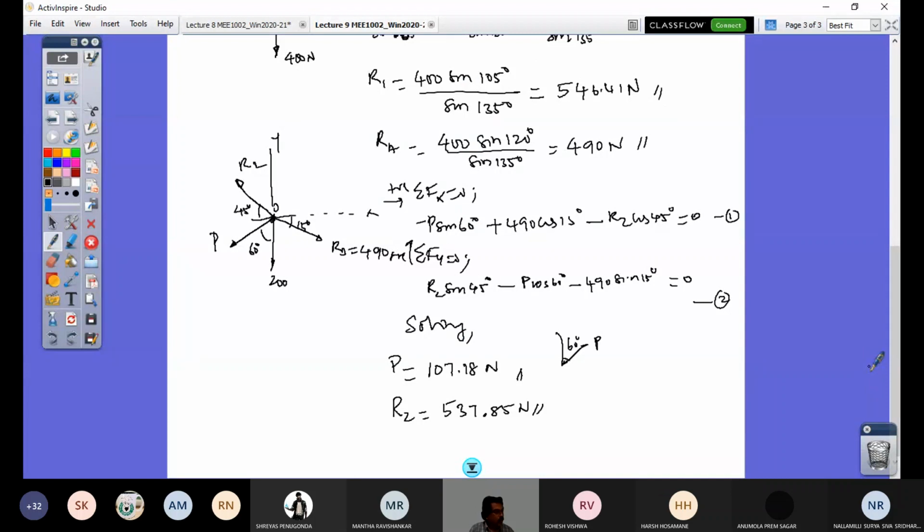With that note, let me stop today's lecture, and maybe I will post some of the questions in the tutorial question set. You can solve some additional problems. So this completes static equilibrium of connected bodies. We may now get into the next module or solve some additional problems, and then go into module 2, wherein we are going to apply this condition of equilibrium on real-time structures called frames and trusses. And with that note, let me stop today's lecture.